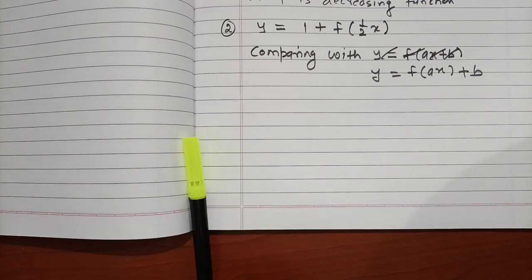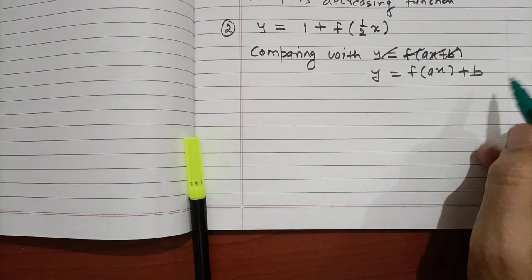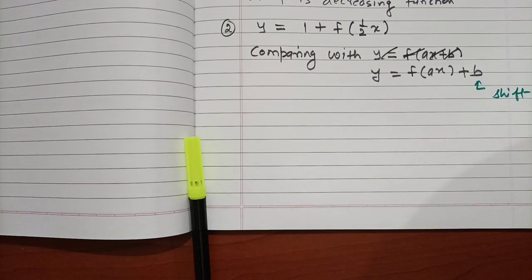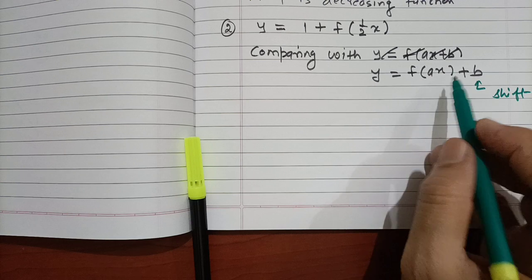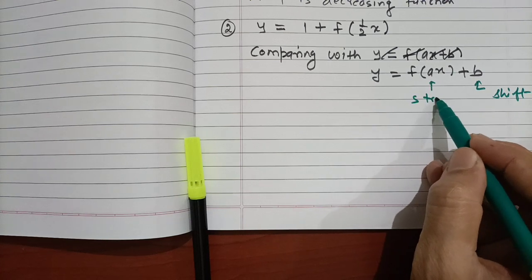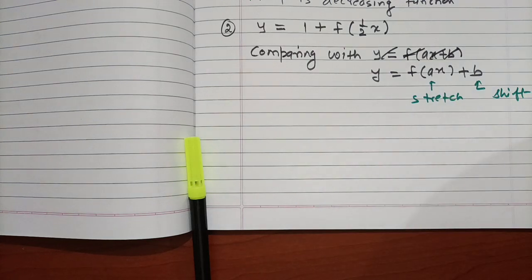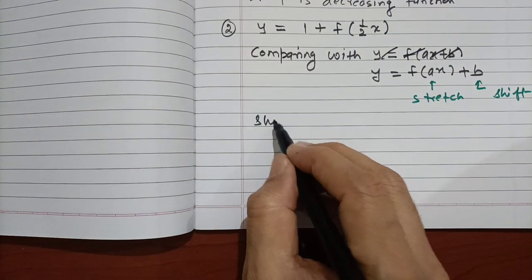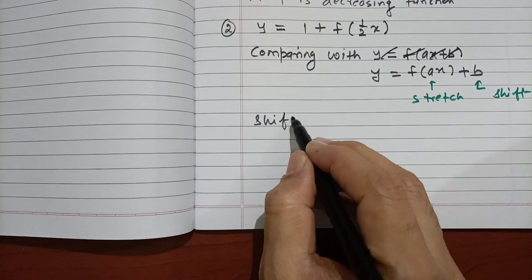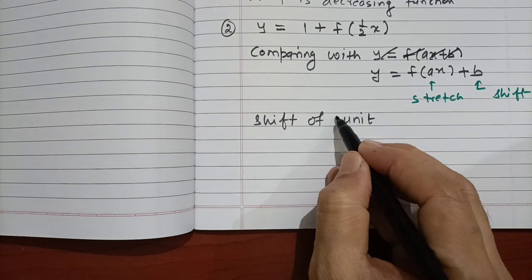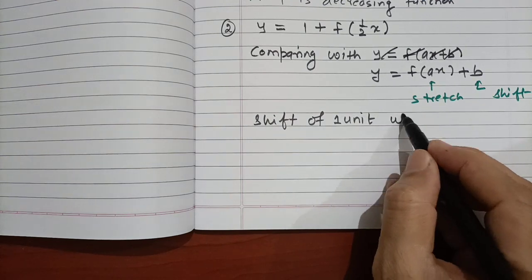In this case we see that this is our shift and this part is our stretch. So we can see that there is a shift of 1 unit upward in y direction